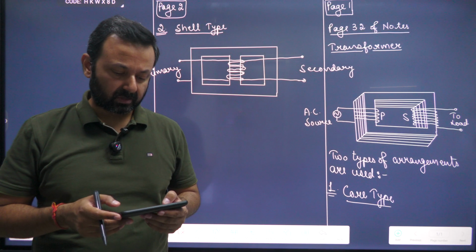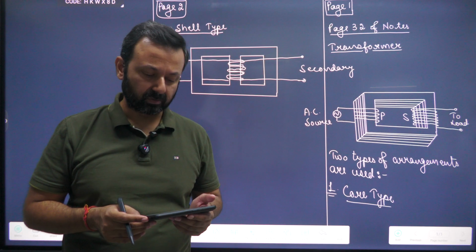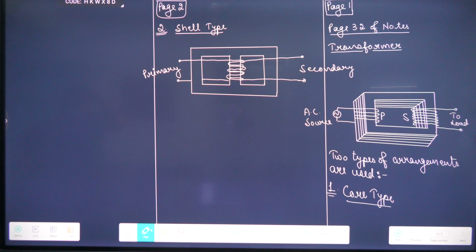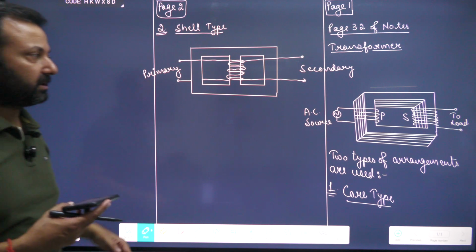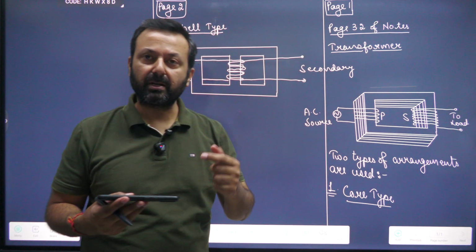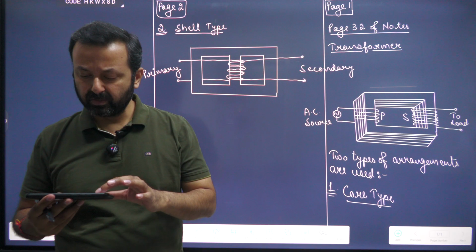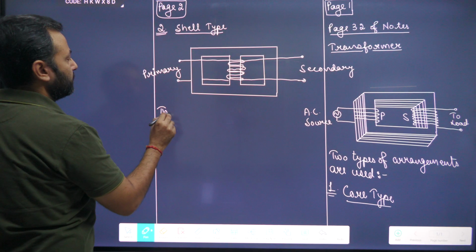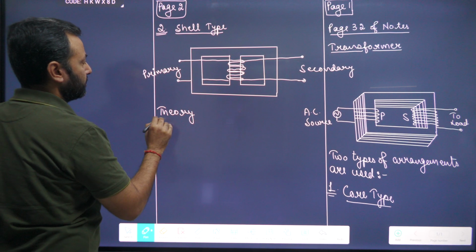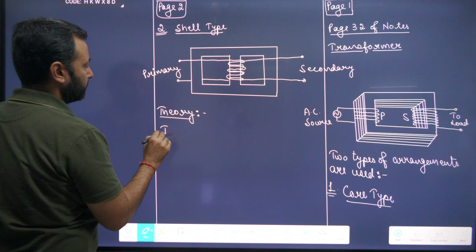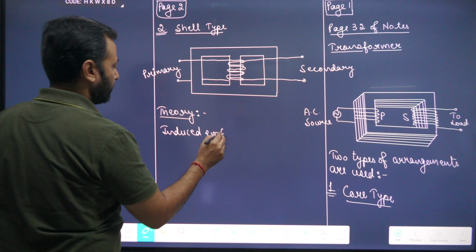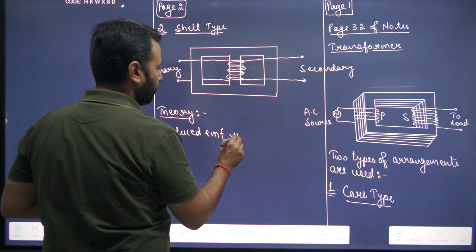Now, theory. Consider the situation when no load is connected to the secondary, that is, its terminals are open. Let N1 and N2 be the number of turns in the primary and secondary respectively, then induced EMF in the primary coil,